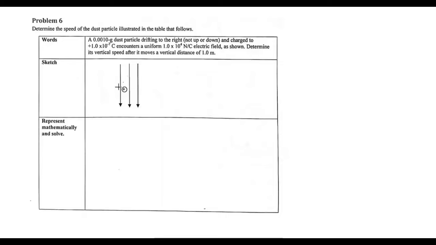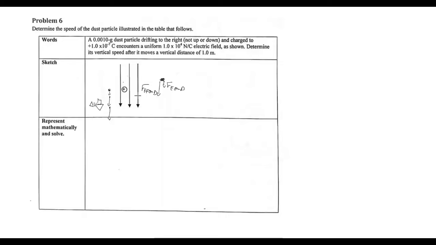So, essentially, what we want to know is the motion of this object in the y direction. Because it is positive, we have this downward force from the E field, the force of the E field on our charge, our dust particle. We also have a very small downward force from the Earth on the dust particle, which means that it is going to have an acceleration downward. Since this has an acceleration downward, our motion for the object in the y direction is going to be something like this, right? See how this is all coming together with a delta v